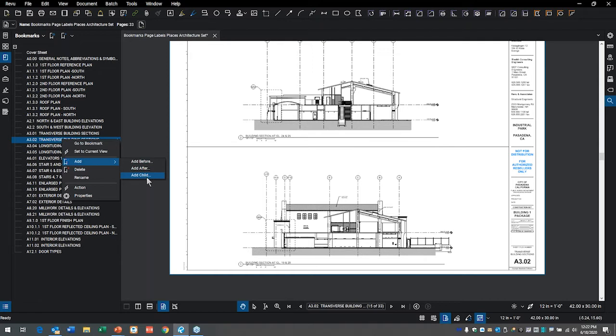Now, before or after creates a separate item in the list. The child means that it's going to be nested under the parent label. So I go ahead and click Add Child. And I'm going to rename it as View 1. And I'm just going to call it Section